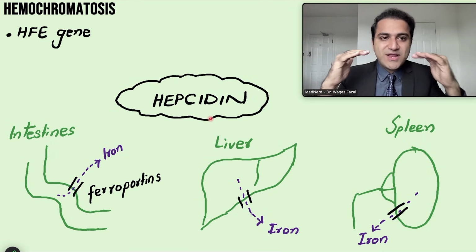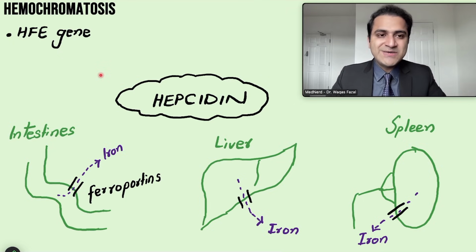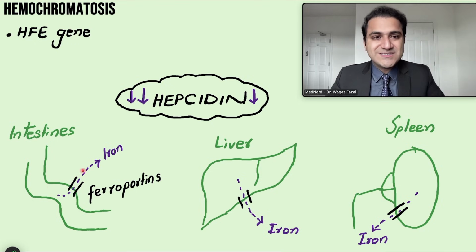Hepcidin maintains a certain normal level and it does not allow the intestine to absorb excess iron. Now, what happens in hemochromatosis is that there is a gene defect, HFE gene defect, that results in decreased production of hepcidin. When the hepcidin production is low, the iron absorption from the intestine is not regulated. When the iron absorption from the intestine is not regulated, excess iron will be absorbed from the intestines into